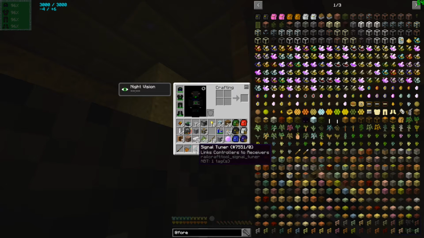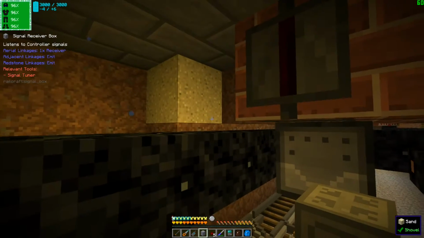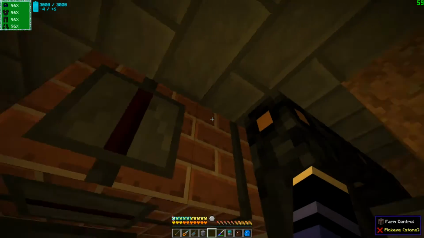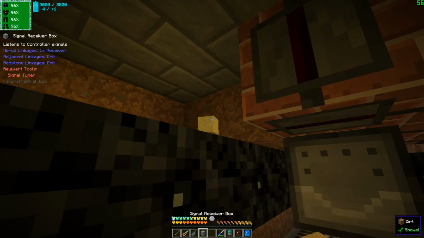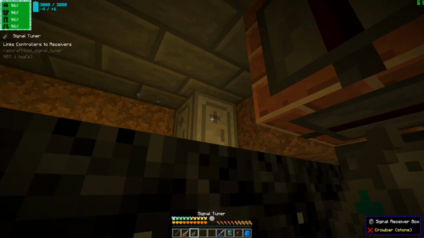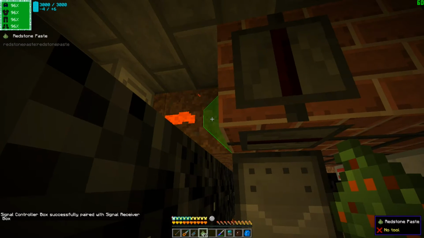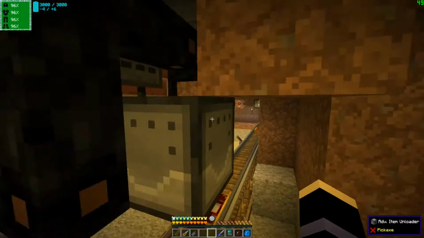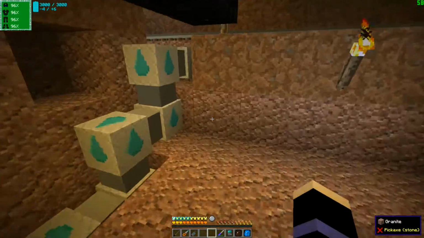And then we're going to put a receiver box. Dang it. Okay, so that doesn't quite work. However, what we can do is we can put the receiver there. I'm going to link it. And we can put redstone paste connecting it to the control blocks. Now it's the wrong way around, and what we're going to do is flip the output of the